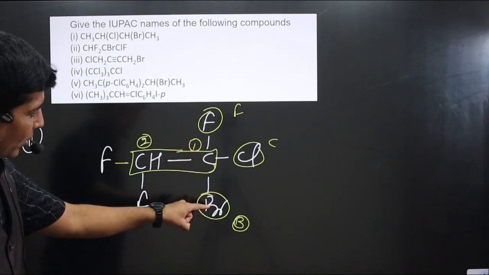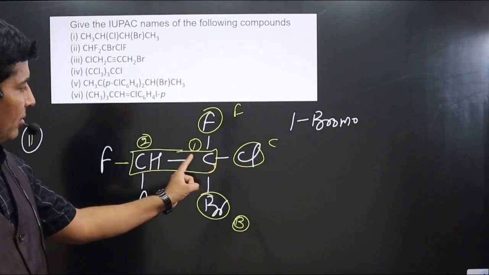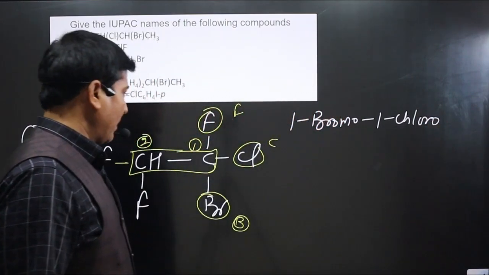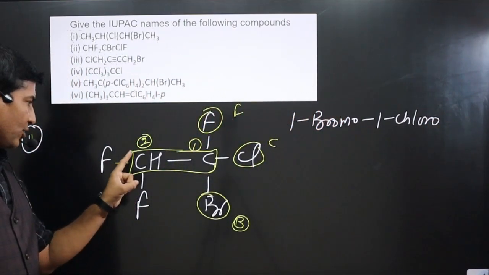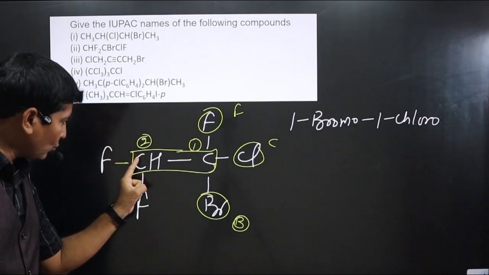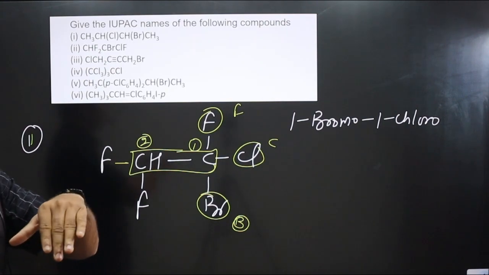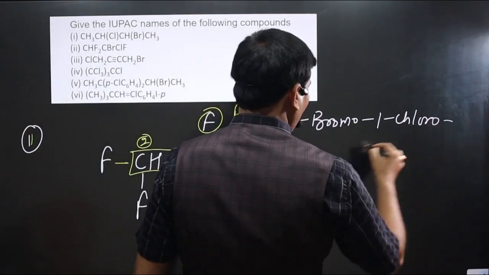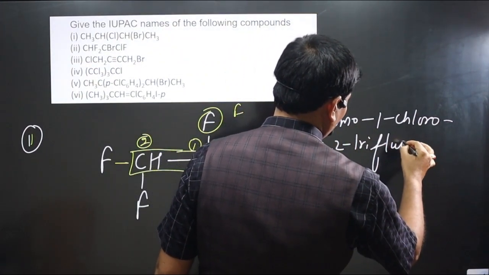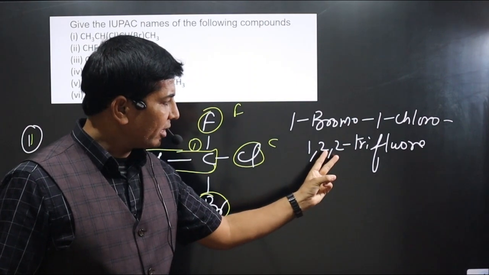So we got 1-bromo, and then 1-chloro. But you can see 2 fluorine atoms are attached to the second carbon, 1 fluorine atom is attached to the first carbon. So in this case we got 1, 2, 2, and trifluoro. This numbering will show halogens attached to which carbon. So we have 1, 2, 2, and then trifluoro. So 3 fluorine atoms, 1 attached to the first carbon, 2 fluorine atoms attached to the second carbon,